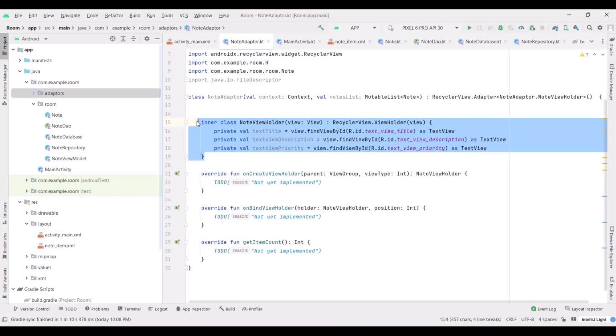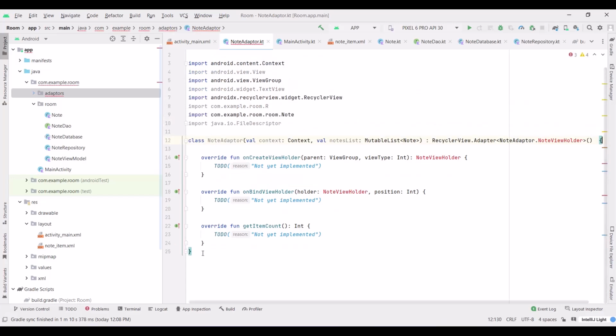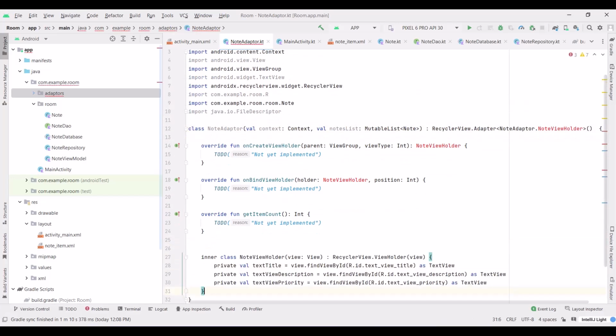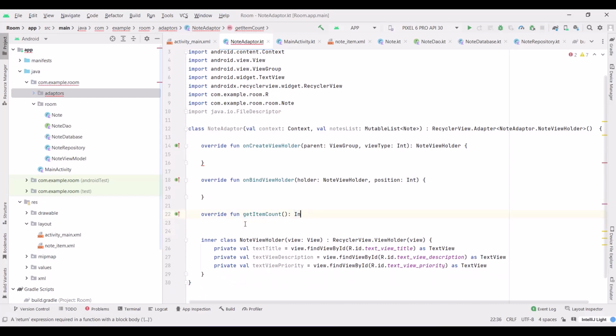Let's put this below. Let's delete those TODO. Here let's return, let's put equals nodesList.size,